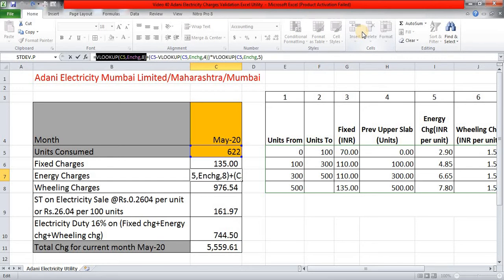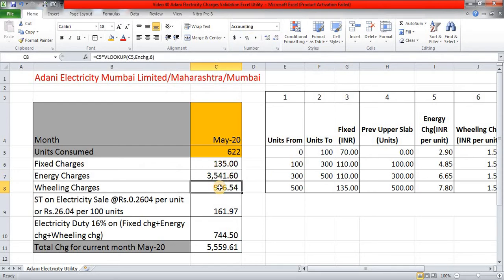Control Z, and then from that 622 we deduct 500, because it has already exceeded 500. So F9: 622 minus 500 is 122, and if I press F9 again, the electricity charges for units consumed after 500 are 7.80. So Control Z, or I can simply press Escape and come out of this. So these are the electricity charges.